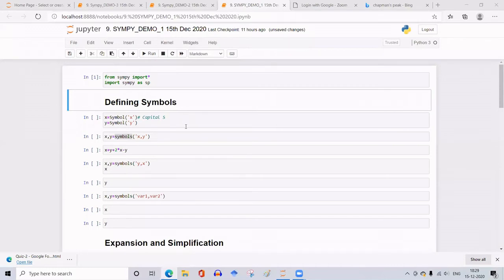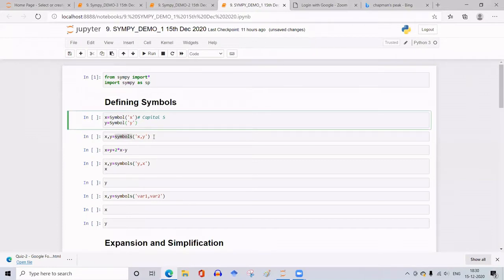Okay. So to use any of these functions of SymPy, we have to define which variables we are going to use in our expressions. So how to define the variable? Those variables are called symbols in SymPy. If you have only one variable, say here in this cell, I have taken X as one variable, Y as another variable. A single variable, we define using this syntax: Symbol, and then within parentheses and within quotes, write the variable that you are defining as a symbol. So X is equal to Symbol, then within parentheses and quotes X. When you are defining only one, Symbol starts with capital S.